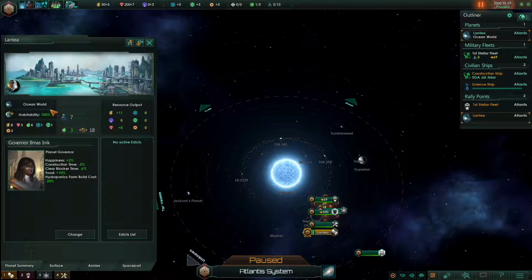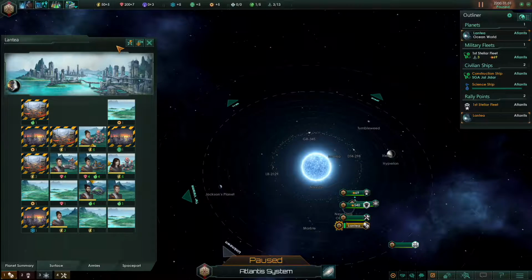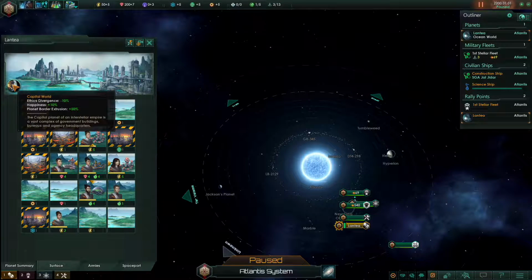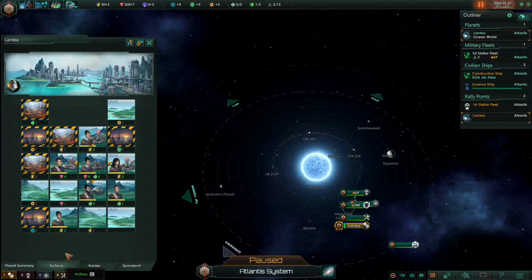If we go to our planet, has anything changed here? We have 7 people, we have 3 food, 18 planet size, happiness at 2%, yeah, we have our governor. This looks different. This is bigger. Rally point, go to... Okay, yeah, the game added rally points. So, minus 10% ethics divergence, plus 20%, plus 10% happiness. Border, planet, border extrusion, plus 50%. And now, we want to...